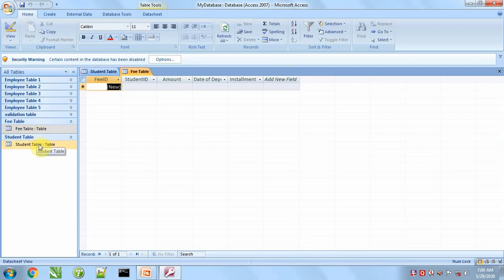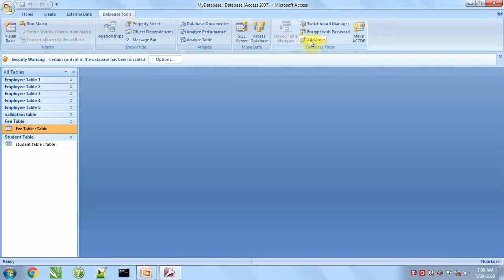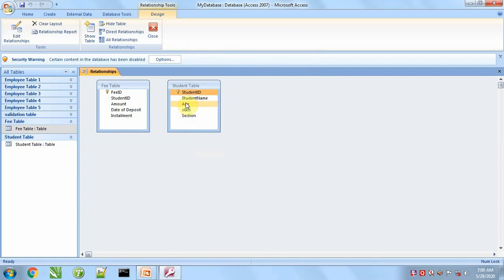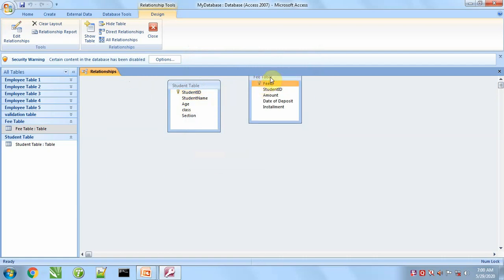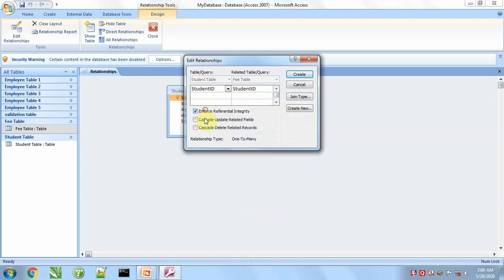Now to make a query on both these tables we have to relate them. So first of all we will make a relationship. For this we will go to datasheet, click on relationship and close these two tables. Now we'll select the student and fees tables, add and close, and make a relationship between them. For this, the student table is the master table and the fees table is the child table. So we'll click on this student ID and drag it over the student ID in the fees table and check these